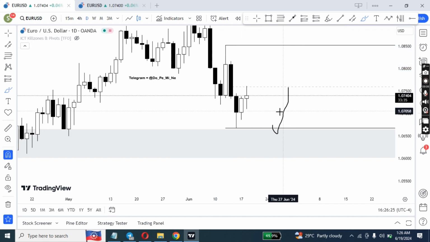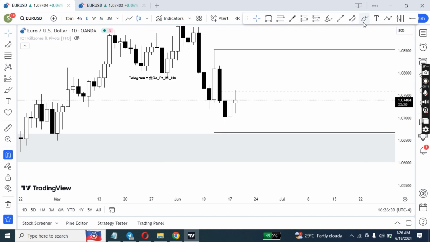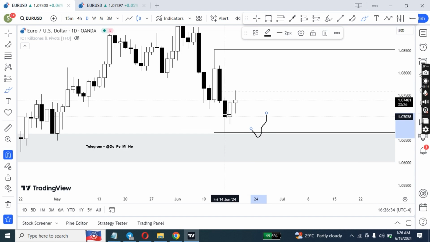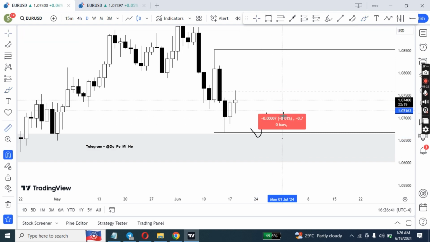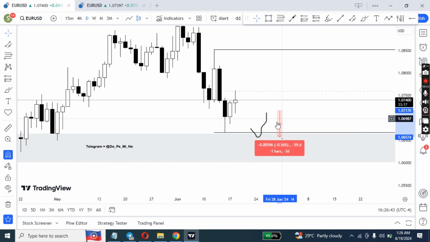But it's all going to be done through confirmation on the lower time frame, right? Even if we take out this low and we have a reaction even till the 25% of the range, it's more than enough range, right? If I measure this range right here, you can see that it's almost 60 pips, so you can see that it's more than enough amount of pips, or adequate amount of pips, to offer you a trade idea or a potential trade idea on the lower time frame, and you can actually be profitable from that reaction,